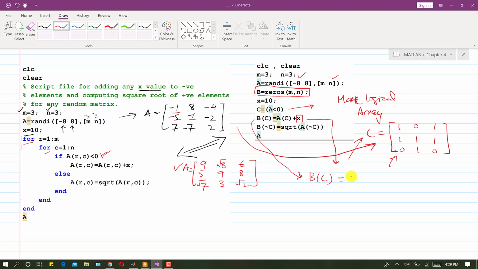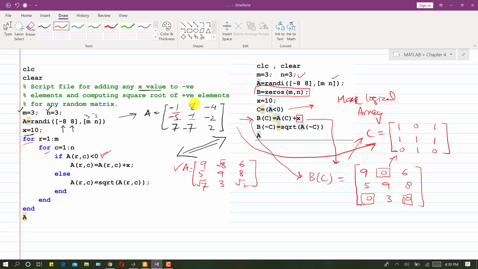So we will get the B matrix, right? From this line we will get 9, 0, 6, 5, 9, 8, 0, 3 and 0. So we still have the zeros for the positive numbers.